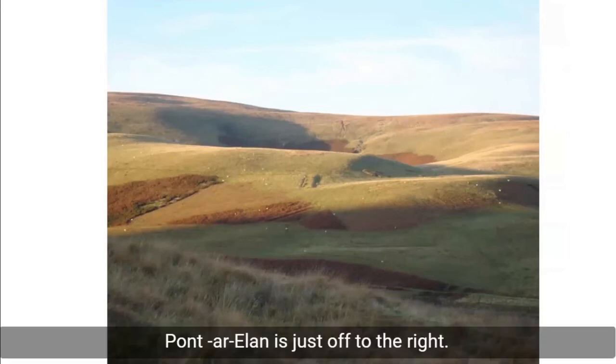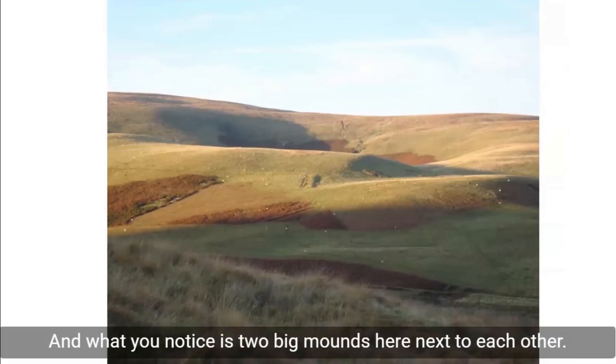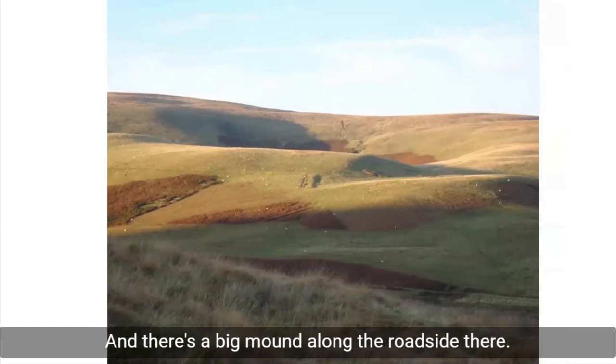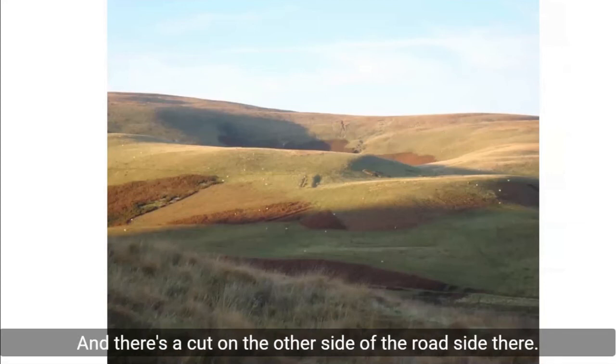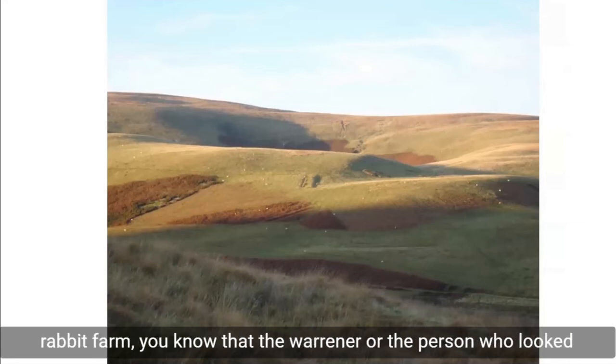Pont Elan is just off to the right. Aberhenllan is the name of the place just here. And what you notice is there's 2 big mounds here next to each other. And there's a big mound along the roadside there, and there's a cut on the other side of the roadside there. Now, if you read into the workings of a medieval rabbit farm, you know that the warrener, the person